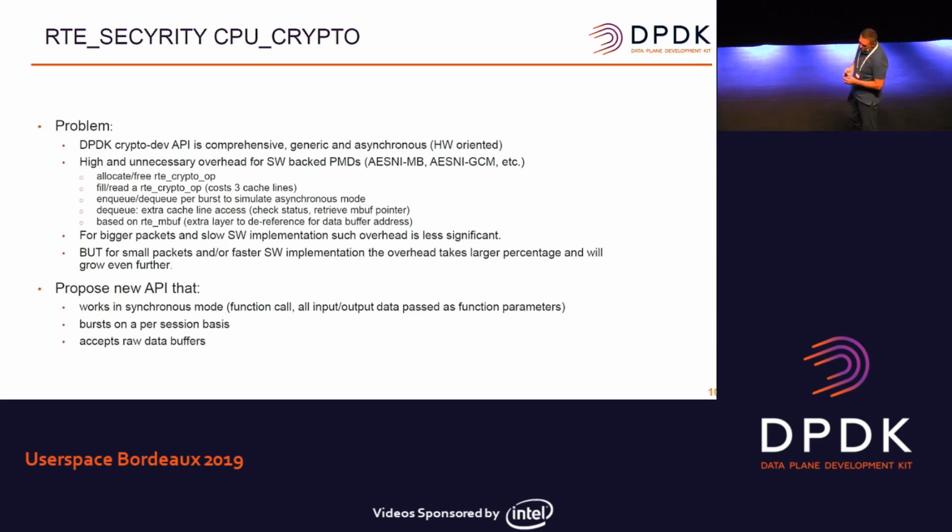So right now we have CryptoDev API, which is based on CryptoOp, and it's great in terms that it's comprehensive, generic and totally transparent for users. You can write your application that uses this CryptoDev API and it would work across all crypto devices that we support now in DPDK, which is really good. But